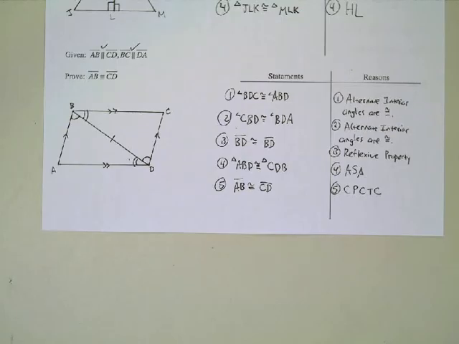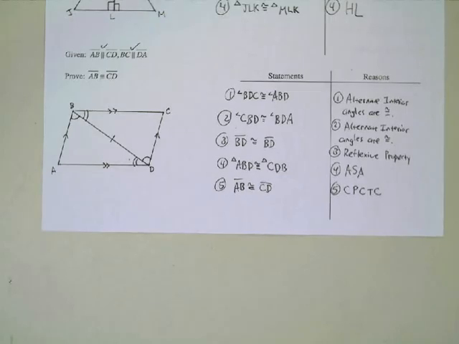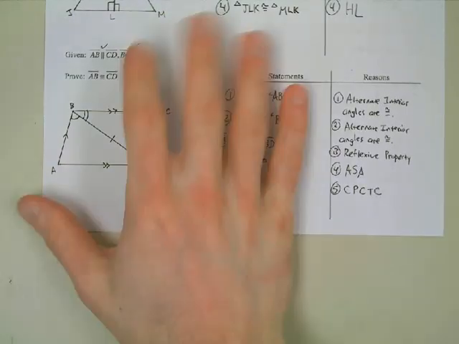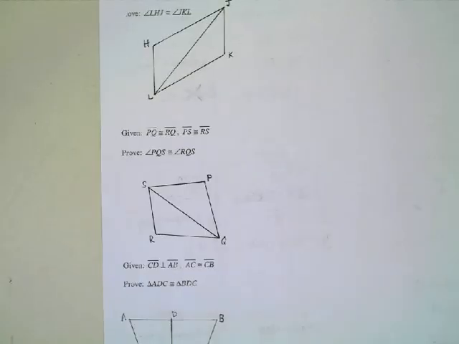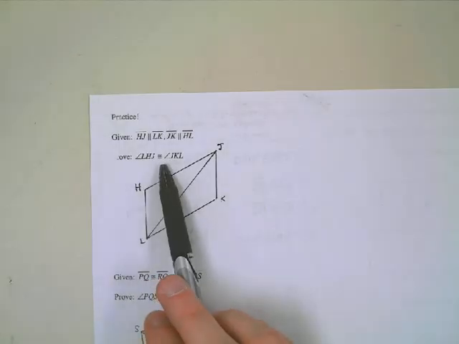Okay? Questions on any of that? All right, so I got 3 on the back for you there to try. If you look at the top one, you're trying to prove an angle congruent to an angle, so guess what? It's going to end up being a CPCTC. The second one, angle congruent to an angle, so it will be CPCTC. And the last one, you're proving two triangles congruent, so you can kind of guess that one's going to be a